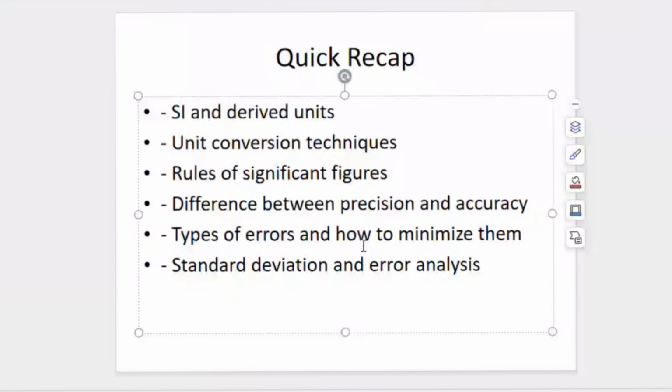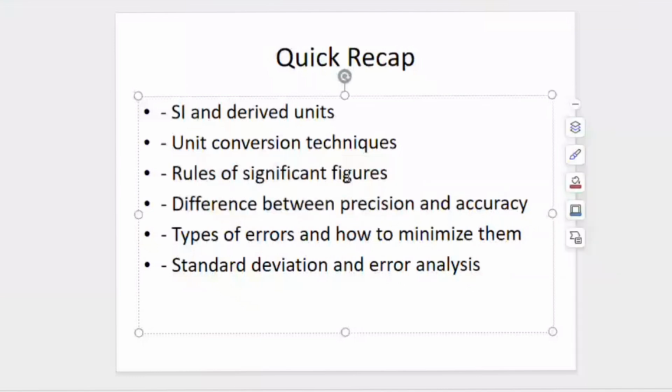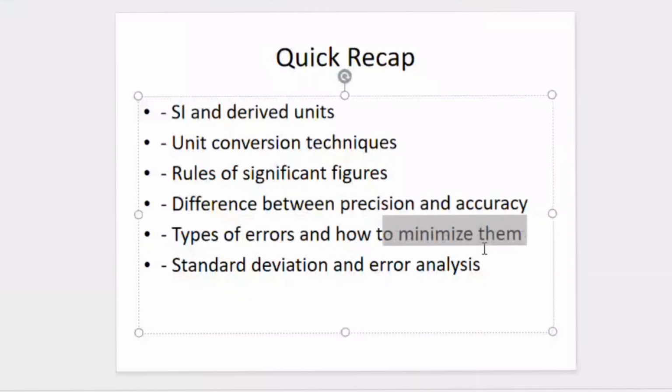This class was supposed to go into deeper teaching on that portion, but we might make up time for it in another teaching. Then we went into rules for significant figures, where we clarified zero and non-zero figures, and how we find significant figures. I explained precision and accuracy, differentiating what precision means and what accuracy means. I talked about errors, the types of error, and how to minimize errors. Then we dealt with standard deviation and error analysis. So this is all for your week 1